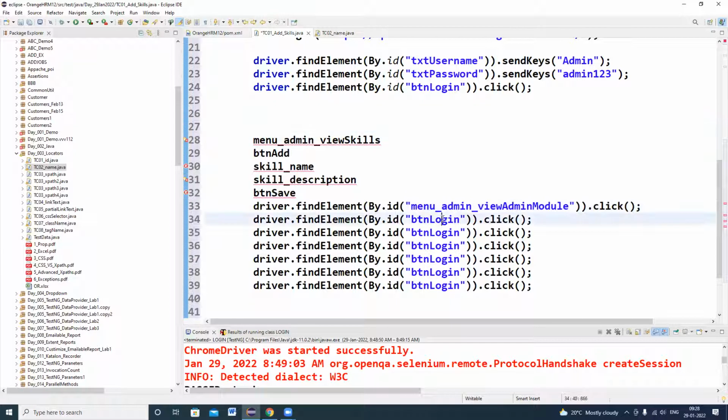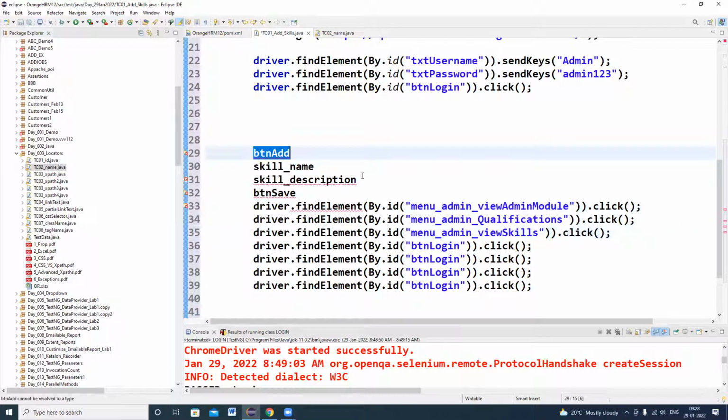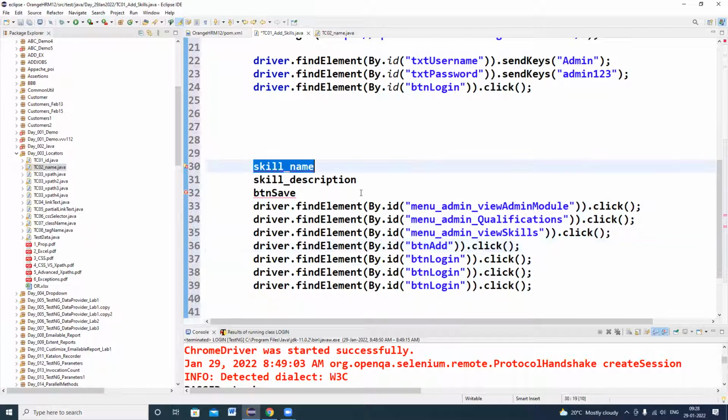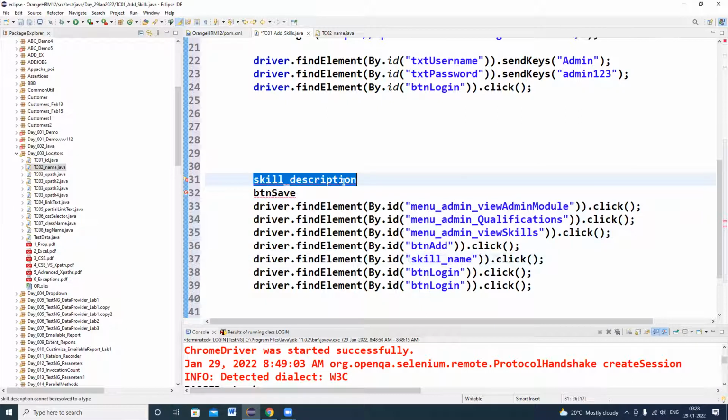Qualifications.click. Skills.click. Add button.click. Skill name. Skill description. And button save.